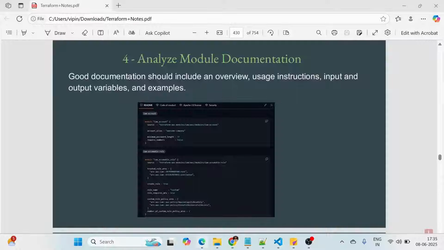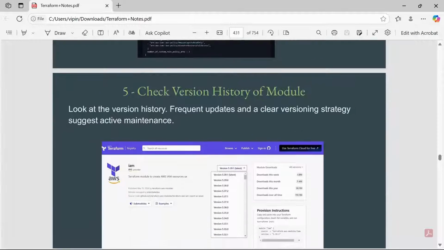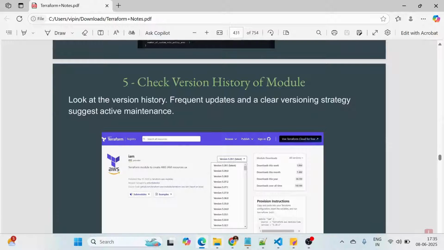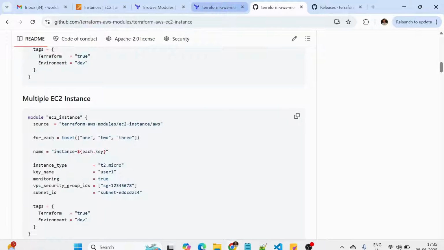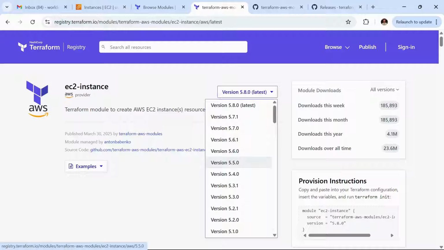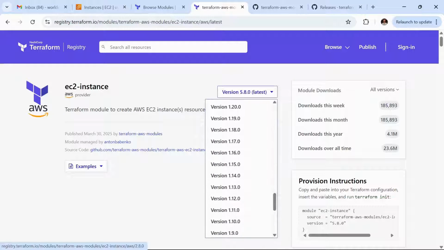Okay, so let's go back. Check the version history of the module. You can see the version history: 5.8.0 is the latest version, 5.7 is another version, and they have a lot of versions here.